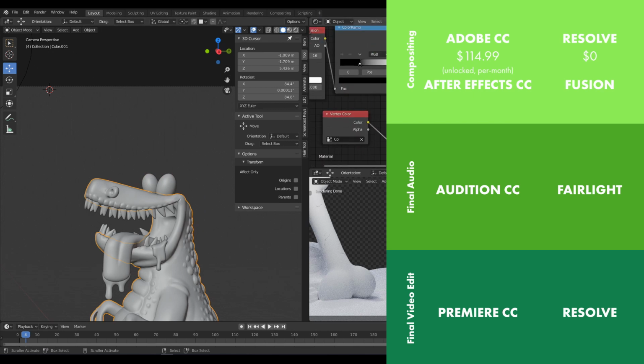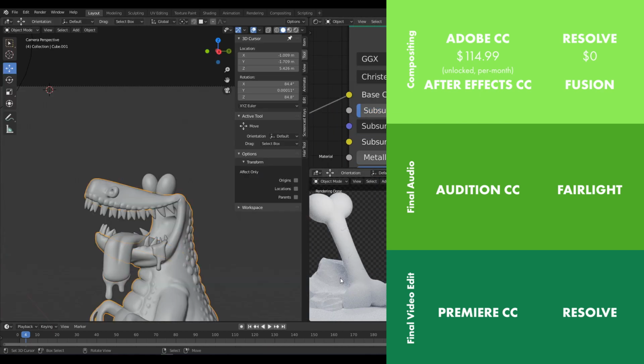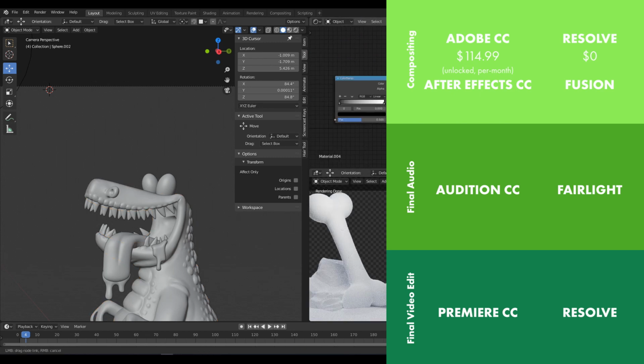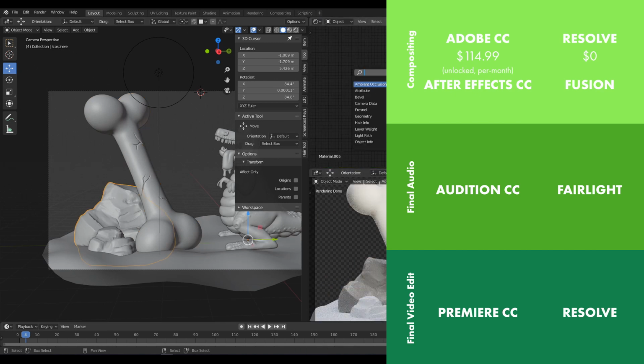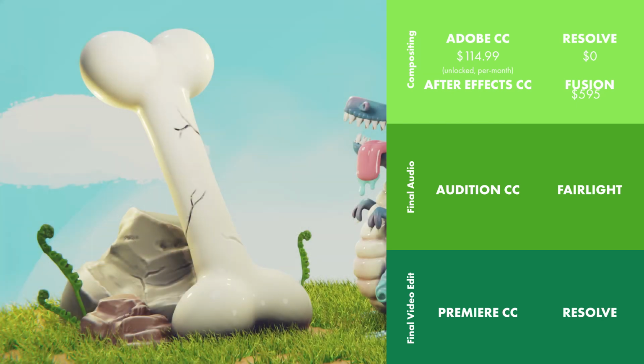Though, if you are a compositing junkie and you have the cash, you could splash out on Blackmagic Fusion, the company's dedicated compositor. It's similar to Nuke, though probably not as powerful. However, it is a lot cheaper too, at a single cost of $595. That's a big expenditure, I would admit, but it's a single purchase price, unlike a sustained bleed on your bank account. So that's my recommendations.